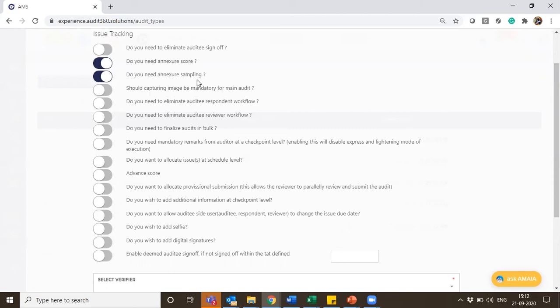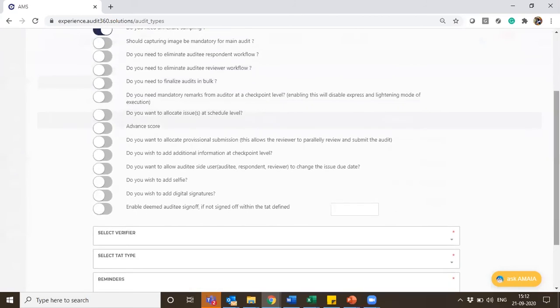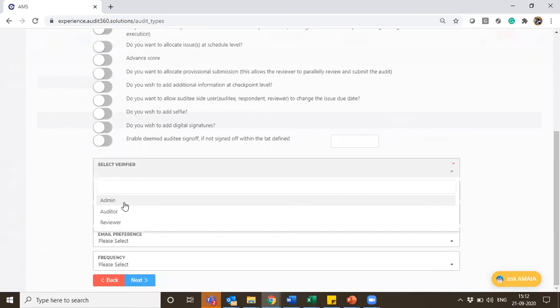As such, in our system, we have not kept any validation or logic for the sampling. It would be a random sample allowed, and once the random sample has been executed, the auditor can just click with one click button, the rest of the sub-audits will not be executed. So these are part of configuration. Then let me just quickly configure this so that I can show you the upload.